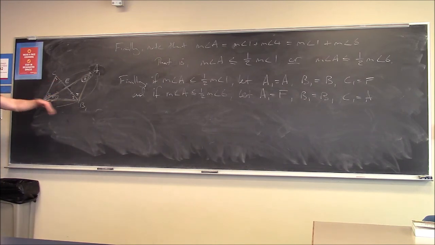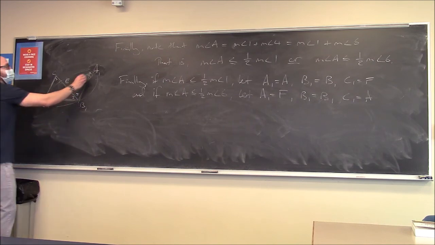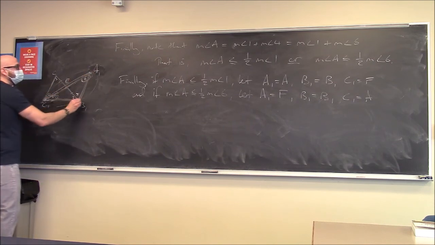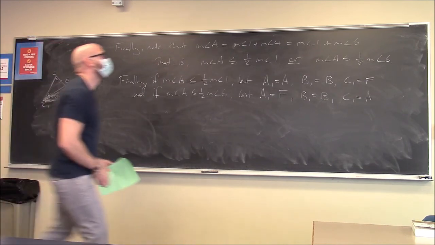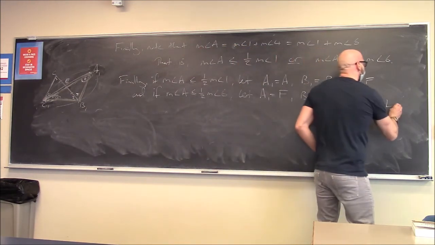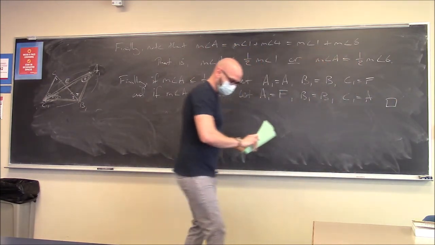And then once you've done this once, you can do this infinitely many times, right? Now you can take this triangle and build a triangle with the same angle sum, and where this angle, or this one depending on how you label things, is getting shrunk again by a factor of 1/2. So we only have to do this once, and then we have the process done. So there's the proof of the claim.